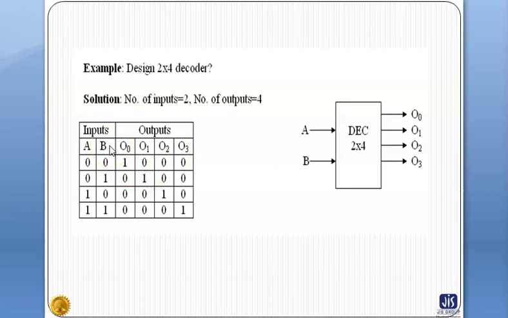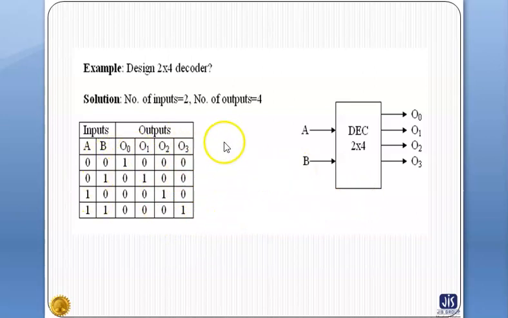Here for 2 bits the output may be 4: for 0 0, Q0 output will be active, for 0 1 Q1, for 1 0 Q2, and for 1 1 input the Q3 output will be active.